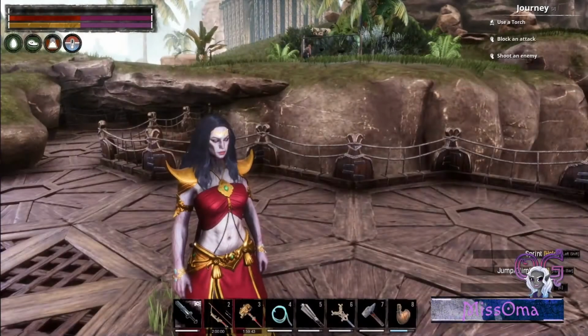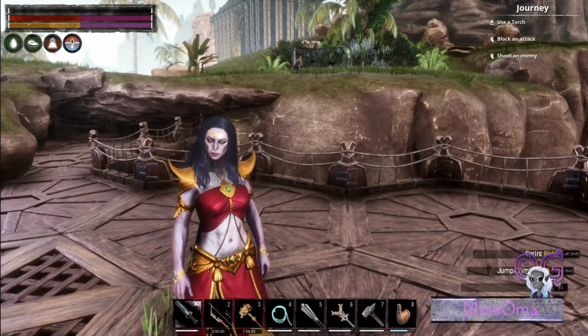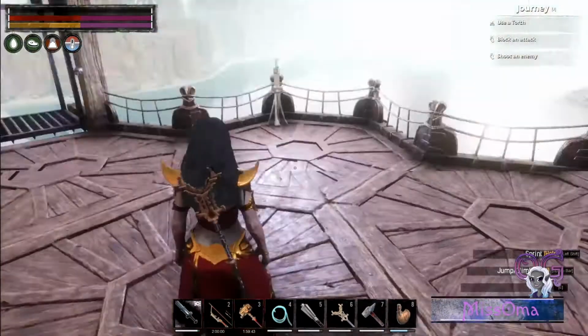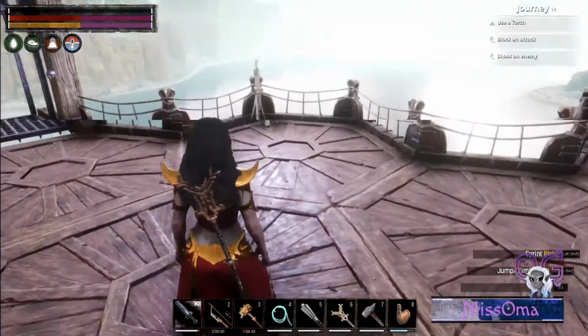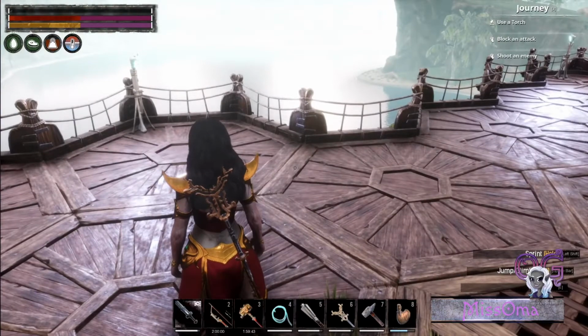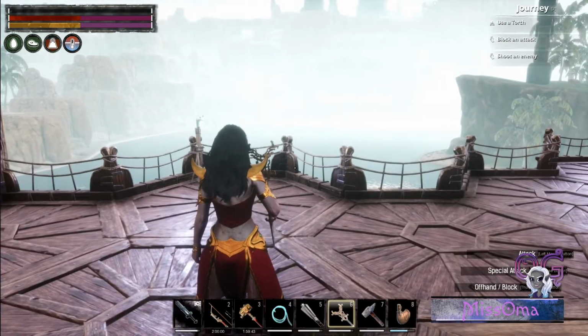Okay, and then the final one for the number 10 spells section that you learn with your leveling is going to be the Conceal Corruption. So once again,